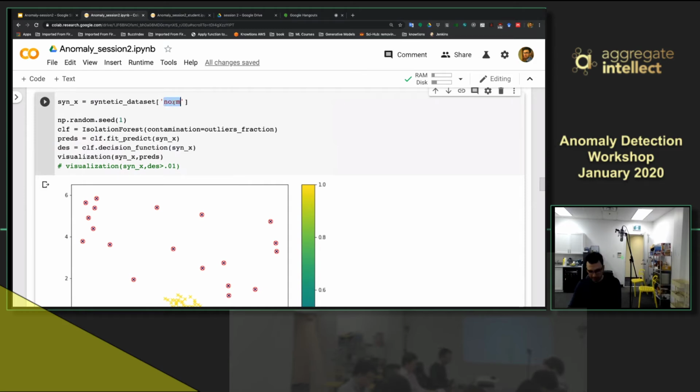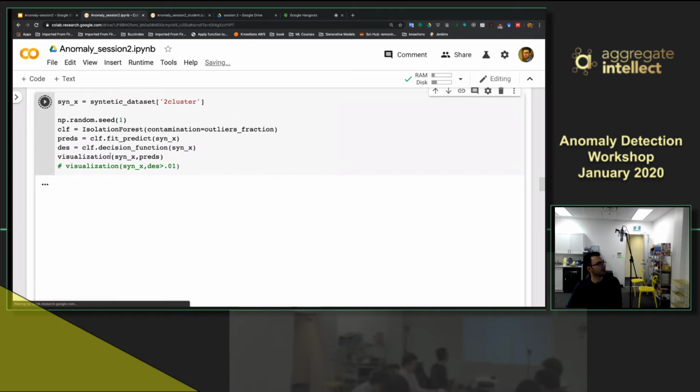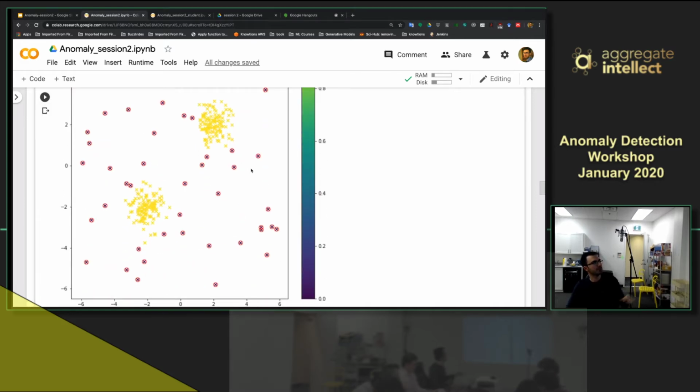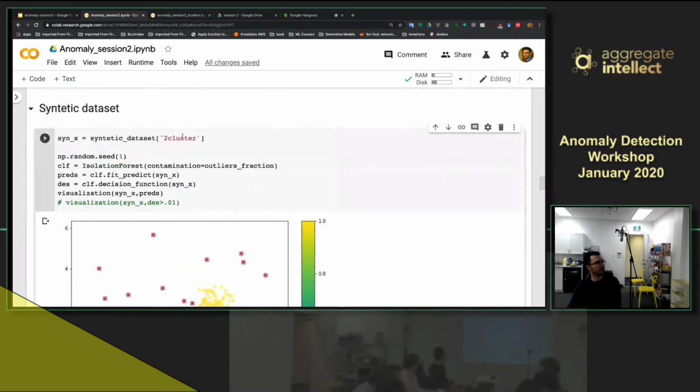And then I want to make it even harder for 2 clusters. See, even for 2 clusters, it can manage to get a good number. And you can play with that as well. And then if I switch to